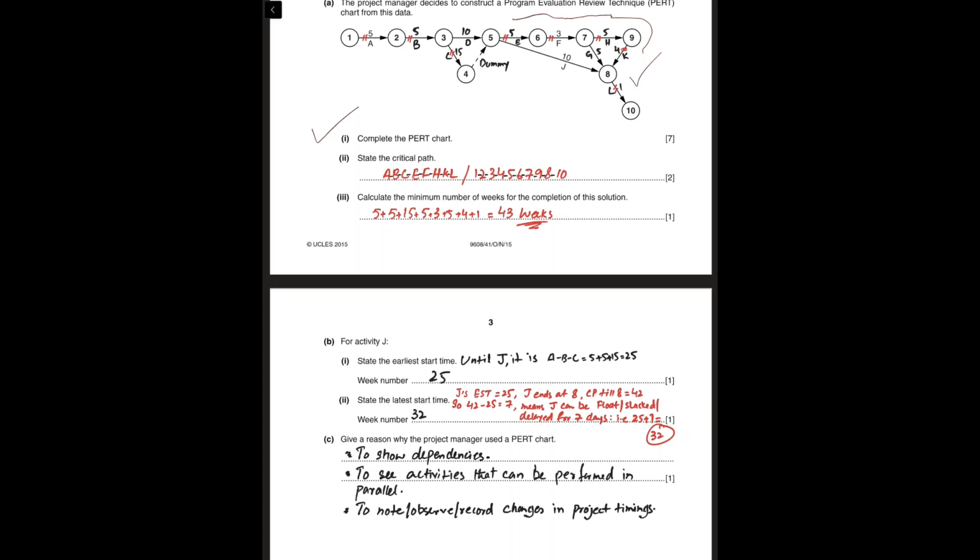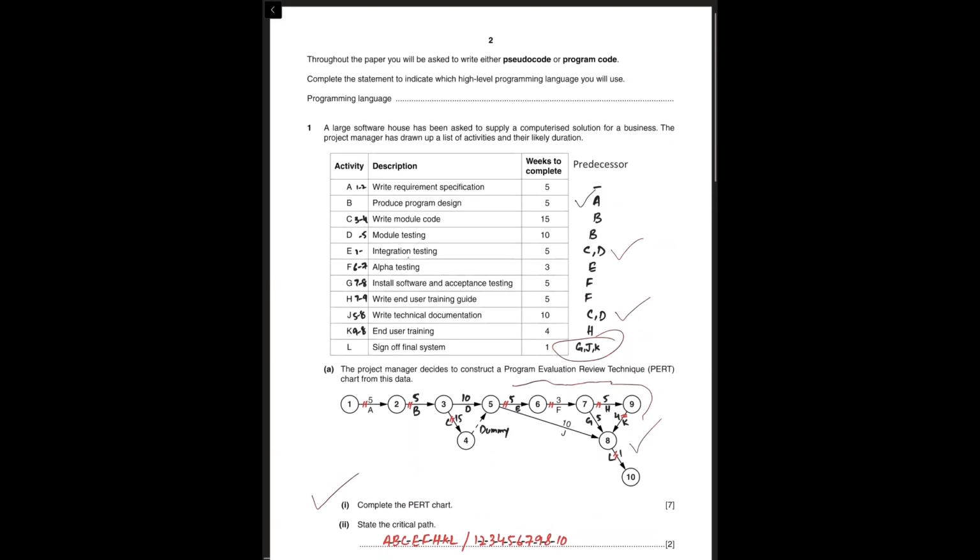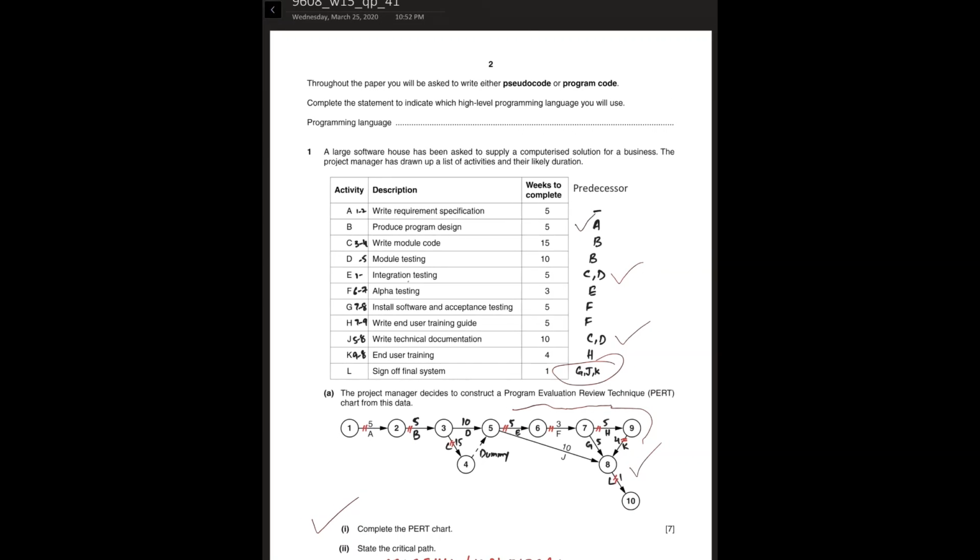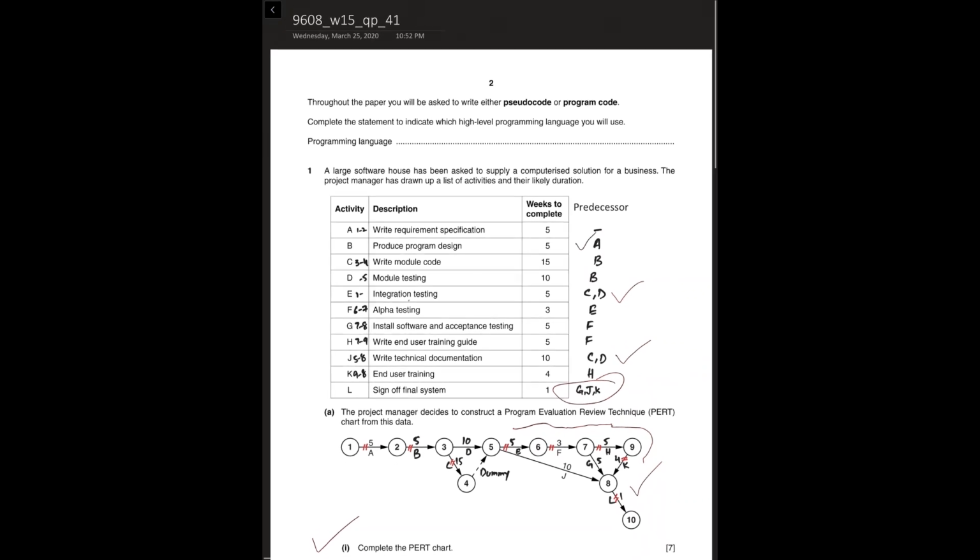Now, part C, give a reason why the project manager used a PERT chart. As I said earlier, to show dependencies, the predecessors, to see activities that can be performed in parallel on non-critical path, and so they can observe the allocation of resources, as well as to note, observe, record changes in the project time. So that's it for all of the questions that appeared in exams since the inception of Computer Science